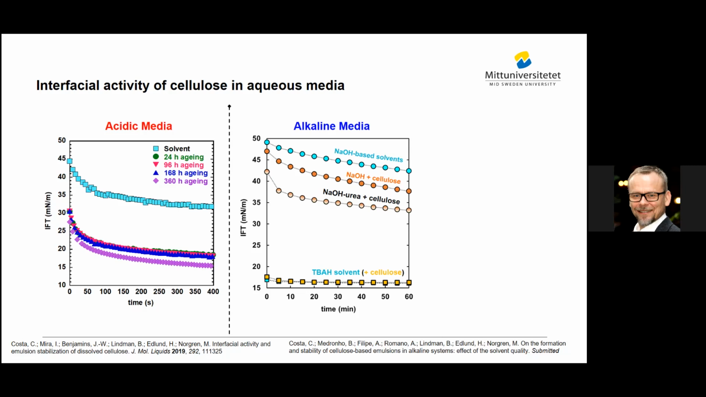solutions. So if you look at the bluish turquoise dots here, you can see only the solvent, which is the phosphoric acid, and it starts immediately at about 45 millinewton per meter as interfacial tension between the oil and this solvent, and it goes down to some state a bit below 35 if you wait for a while. If you put in cellulose in this acidic media, you will see when you measure the interfacial tension, you will see a